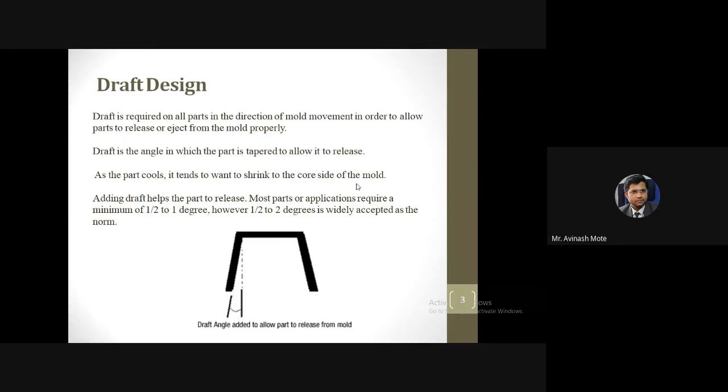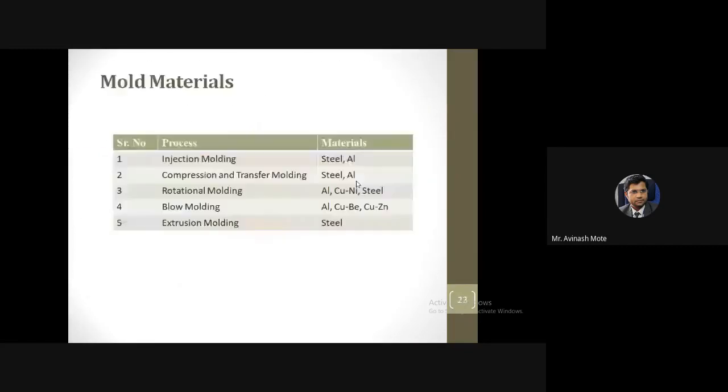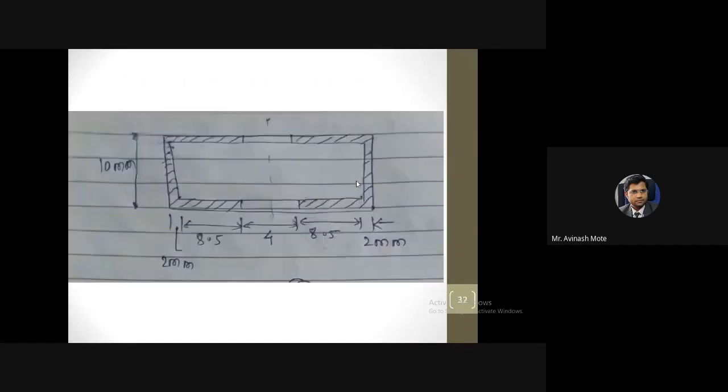So that the part can be easily removed from the mold. Okay, so here also, instead of going for plane surface, we have to go for inclined one, that is one case. Okay, second thing, now if you check this internally, there is no material in this juncture,